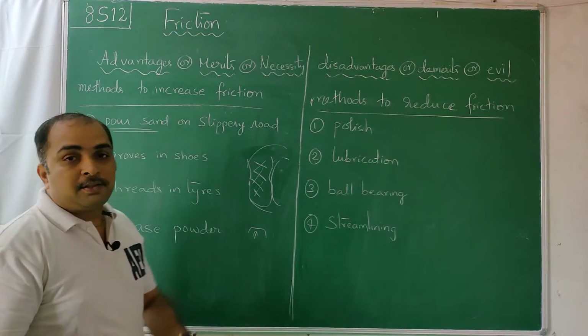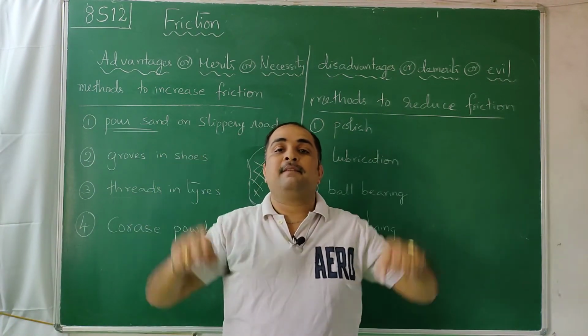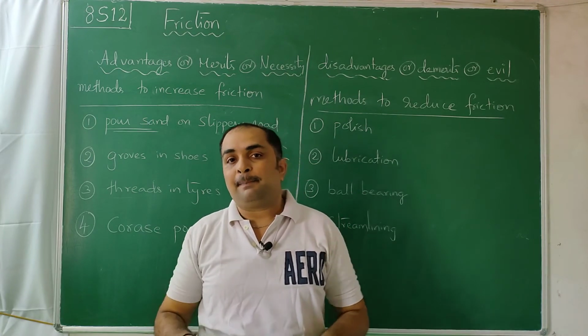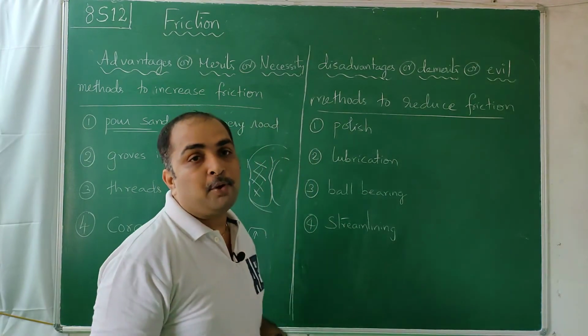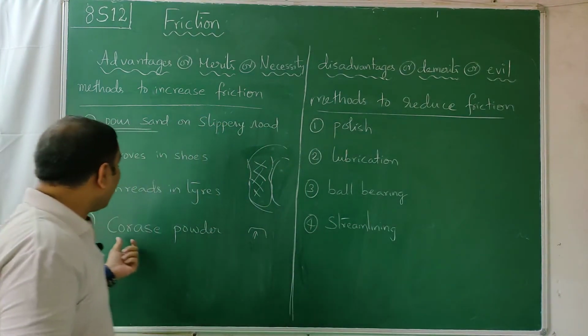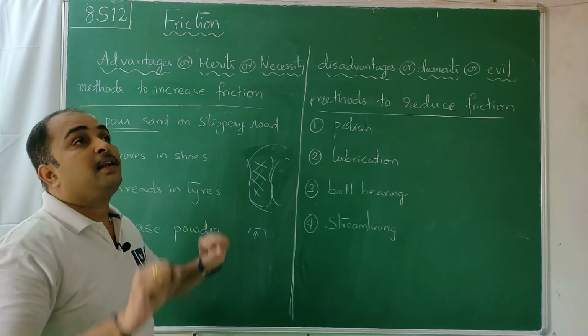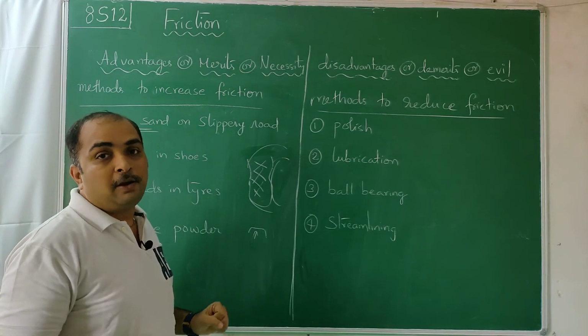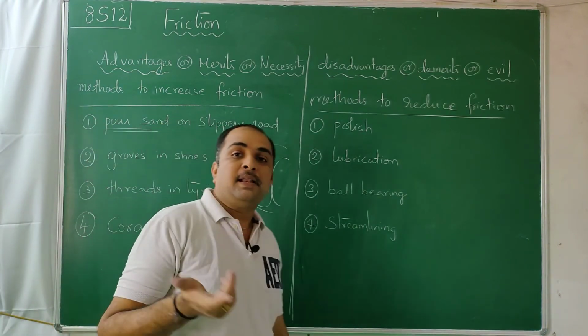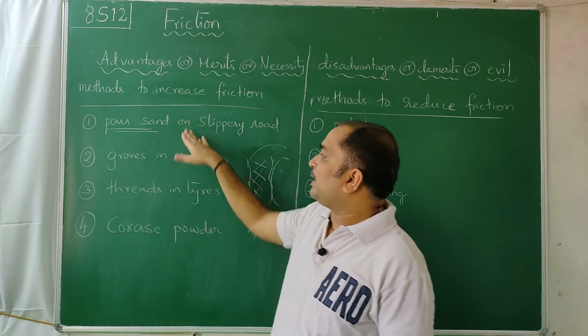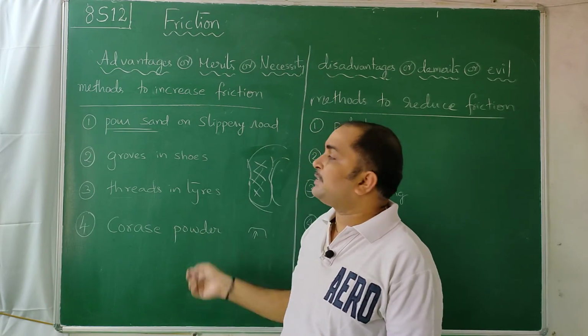Coras powder: the gymnasts when they lift heavy weights, and the kabaddi people when they play kabaddi, so that they get grip on the person to catch, they use some Coras powder, rough powder. That rough powder increases the friction, increases the grip to lift the weights and all. Anyhow, many times I tell you, you have to read once or twice in the textbook, then you will understand. These are the ways we increase the friction wherever it's necessary.